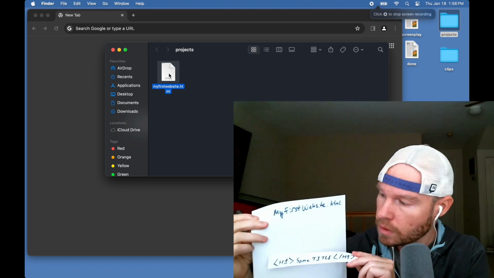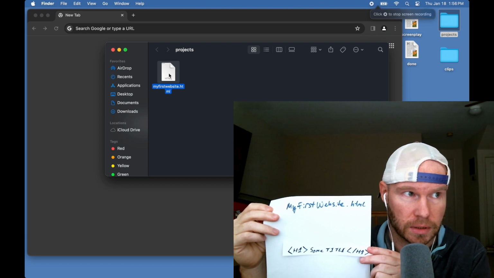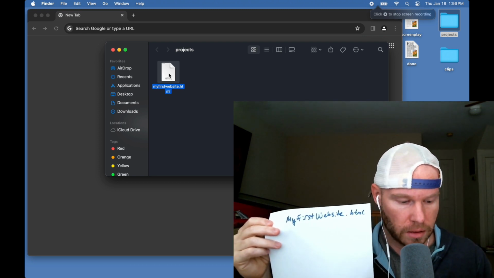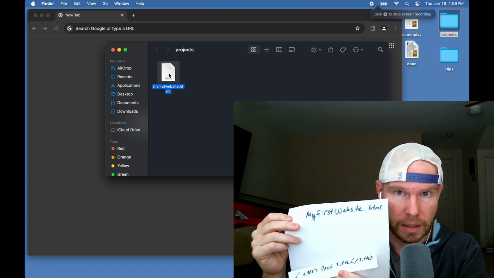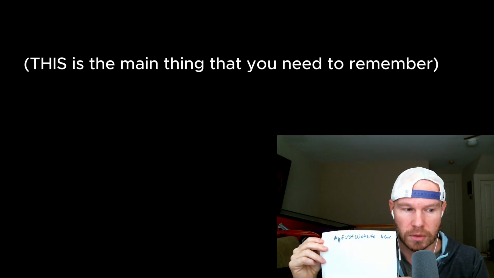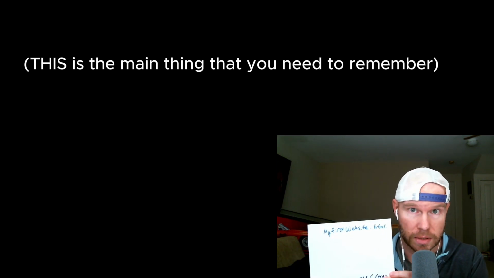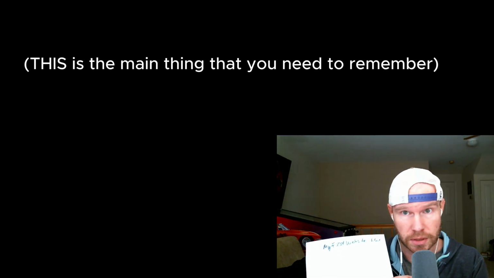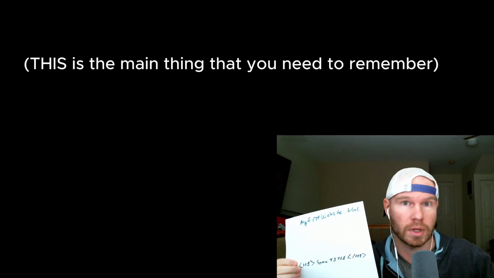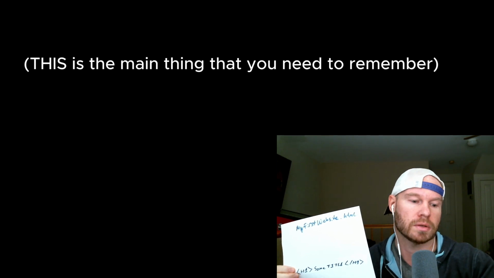So you have your H1 tag, which is like the big text. Then you might have a P tag. You might have a title tag. You might have a body. So the document object model is basically this. So if you want to change the title of this when you click a button or something, that's where